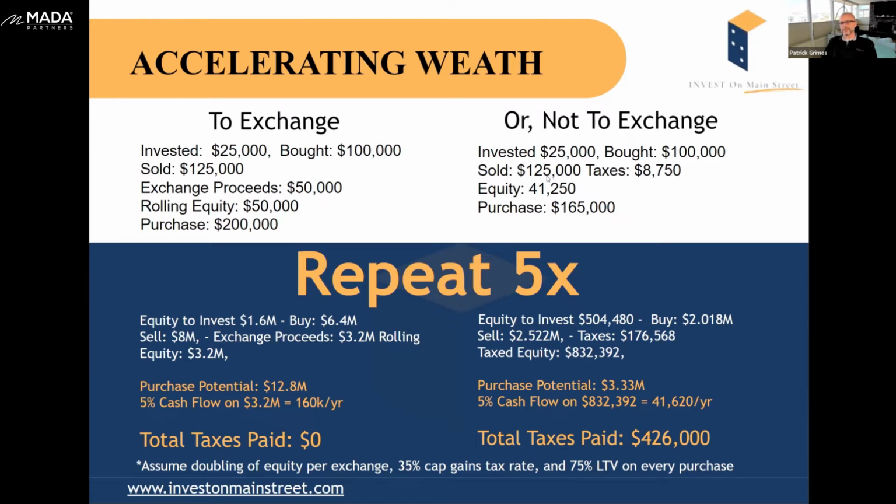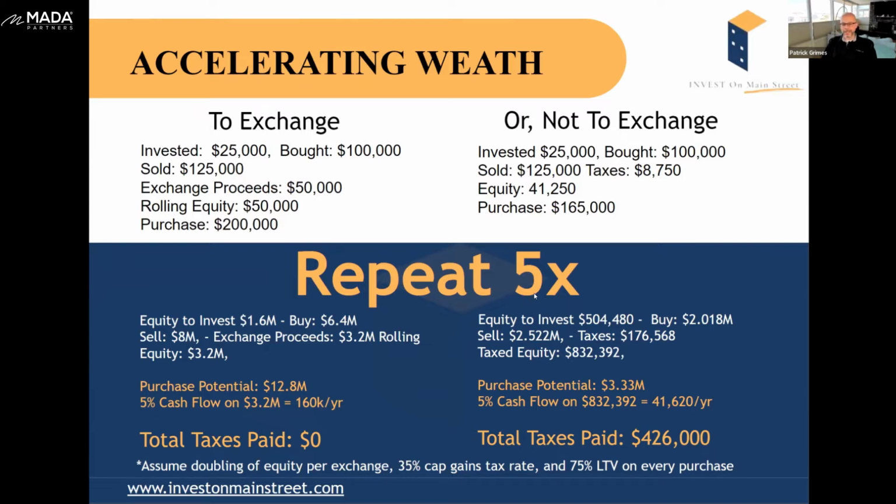Well, if you're not doing a 1031 exchange, that means you're paying taxes on your gains, which would be about $8,700. That means your rolling equity into the next deal, which could have been $50,000, is now $41,000. So now your purchasing power at 25% down, or 75% loan to value, drops from $200,000 to $165,000. At first, that may not seem like a big deal, but if you repeat it 5 times